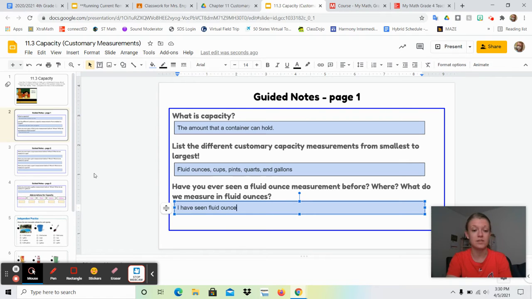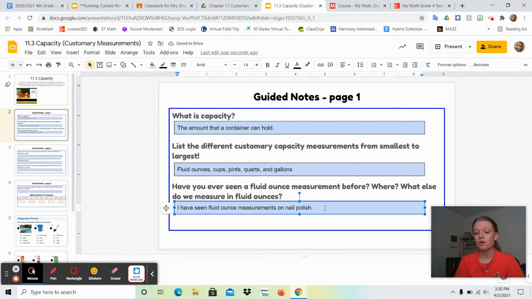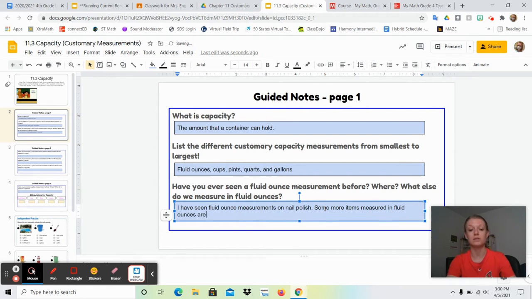So I had seen fluid ounce measurements on, I'm just going to say, nail polish. So what else do we measure in fluid ounces? Some more items measured in fluid ounces are,